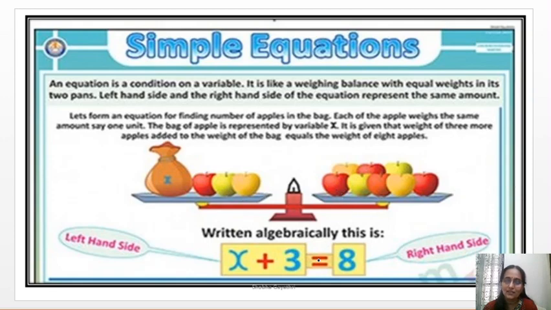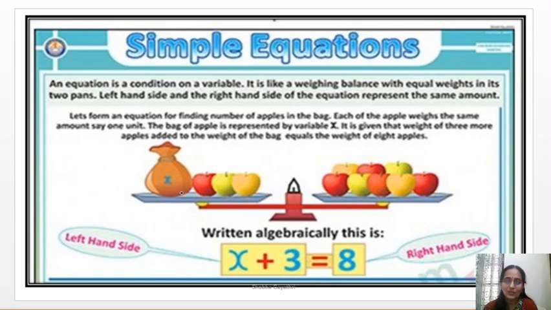So let us write the equal sign for the center needle. Whatever is there on the right pan, we will write on the right side of the equal sign. Whatever is there on the left pan, we will write on the left side of the equation. You know how to translate word statements to algebraic equations. Here you have to translate this figure to an algebraic equation.